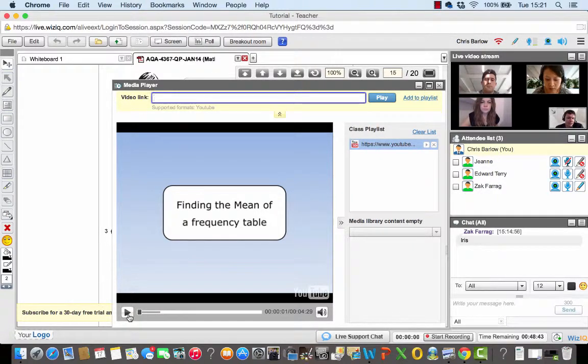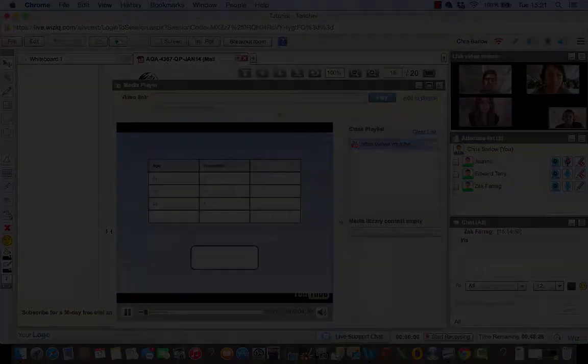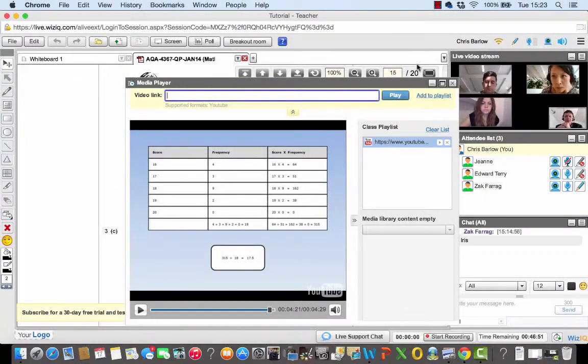Okay, let's go. Finding the mean of a frequency table. Sometimes we've asked so many people a question that it's quite hard to write a big long list of numbers. So instead we put their answers into a frequency table. Okay, so Ed and Jean, on a scale of 1 to 5, let me just get an idea from